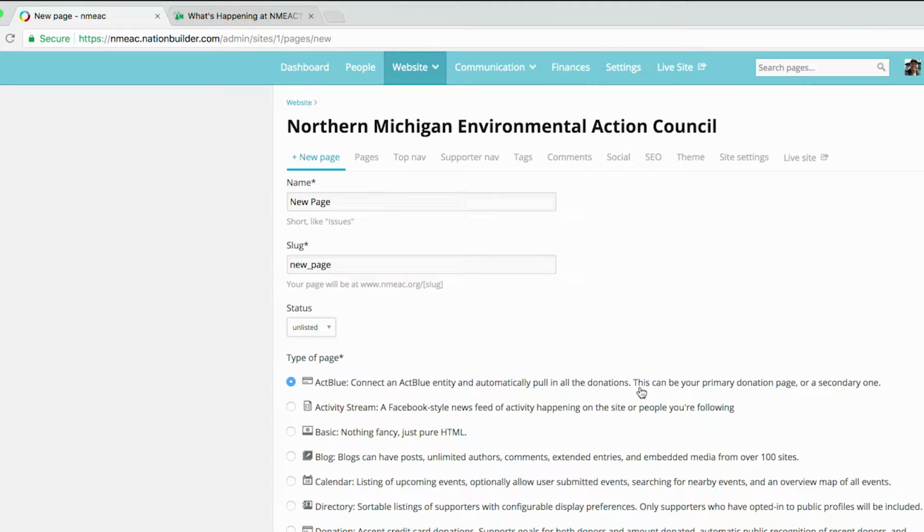If you have an ActBlue account, this is a way to accept donations. And it's only specifically for ActBlue. There are other ways that you can do donations and then set your own payment processor. Activity Stream is something that I don't normally use, but it's a Facebook style news feed of activity that's happening